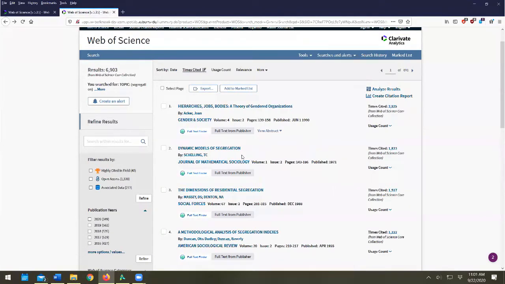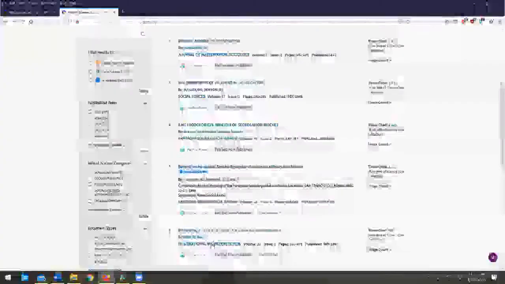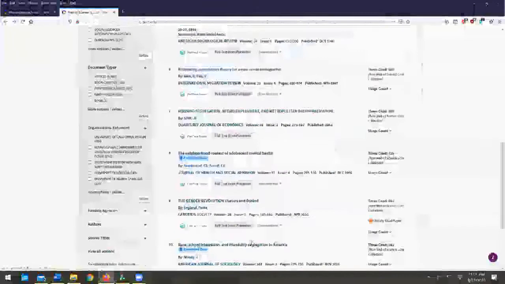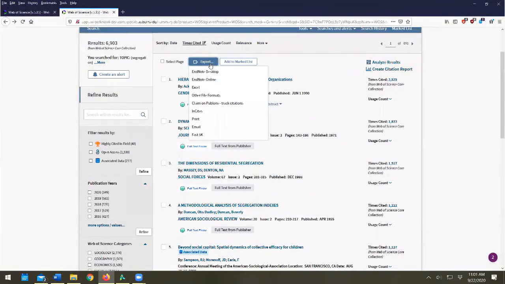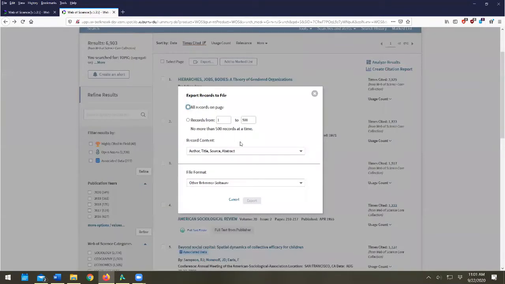And so once you have a good limit on what you're looking for and you think your parameters are about what you'd expect, you come up here to export. And there's a few different ways that you can do this. You're going to want to navigate to other file formats. And now you can only export 500 at a time. And that can be a real headache,